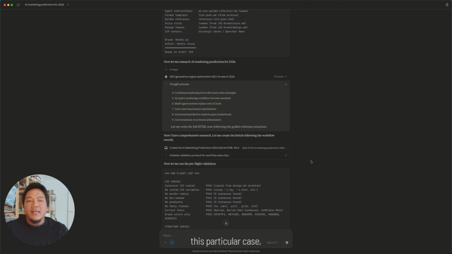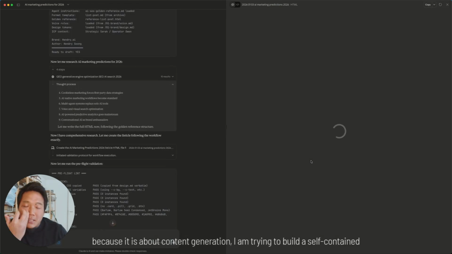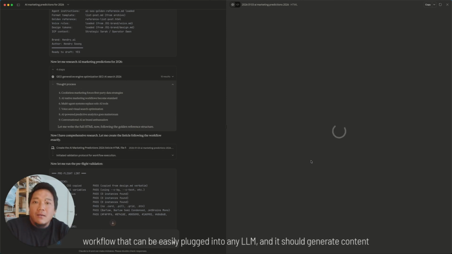And in this particular case, because it is content generation, I was trying to build a self-contained workflow that we can just easily plug into any LLM, and then it should generate the content that is on brand and on point. So